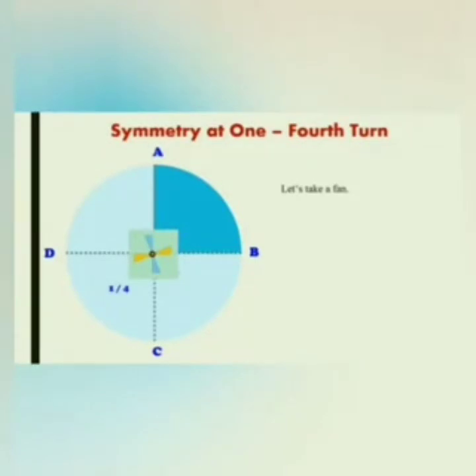Next take another fan, but it has some changes from the previous fan. What is that change? Yes, 2 blades have blue color and the other 2 have yellow color. So we are going to rotate this fan 1/4 turn. With the previous one we got the same. So what about this one? We can check it now. It is at point A now. Now we make 1/4 turn. Now it has completed its rotation of 1/4 turn.